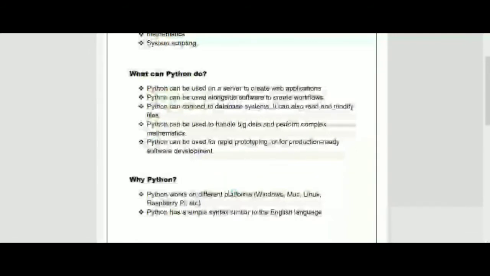So what can the Python language do? It is used to create different server-side websites or web applications. Also, we can create different softwares, as I told you before. Python can be used as a primary language to develop different softwares. It can also be used to connect different databases, to modify and read the files from the database system. Similarly, we use Java, or ASP.NET or C Sharp to connect with the SQL server.